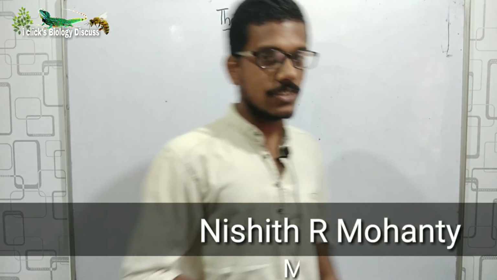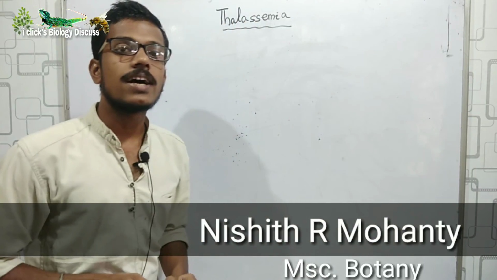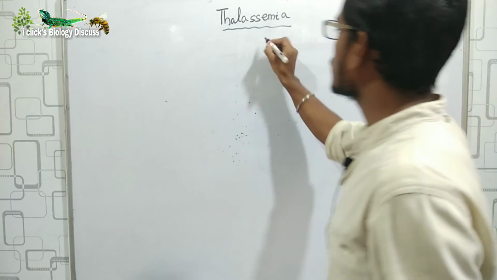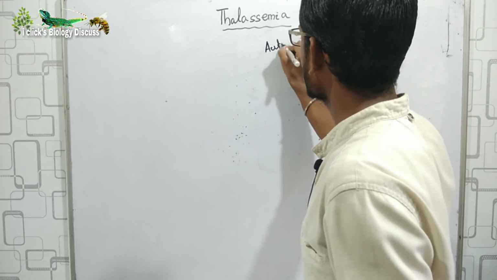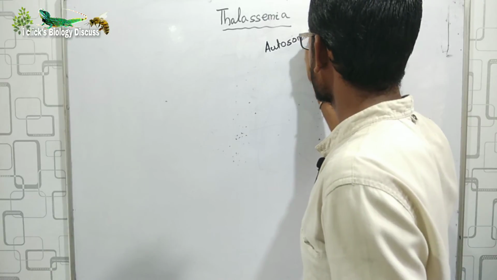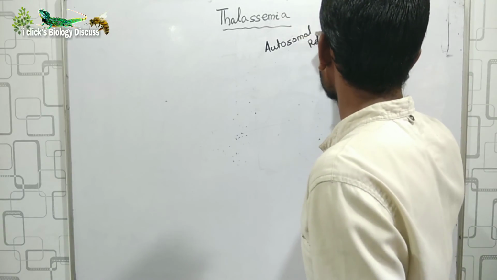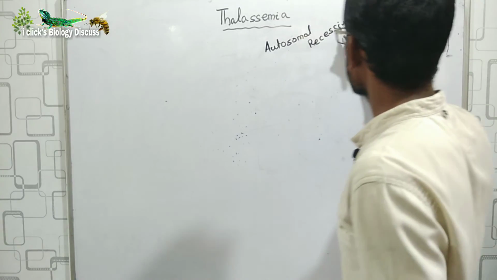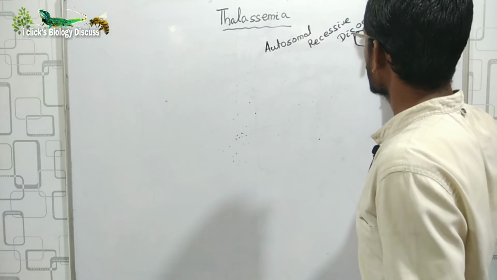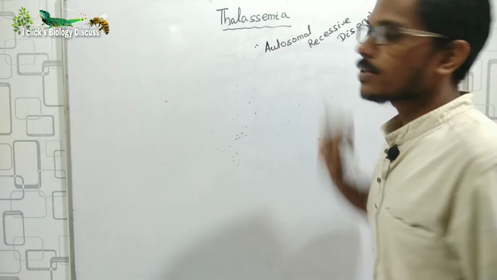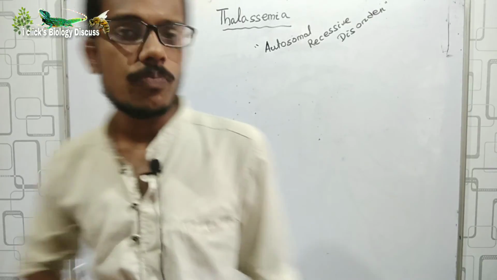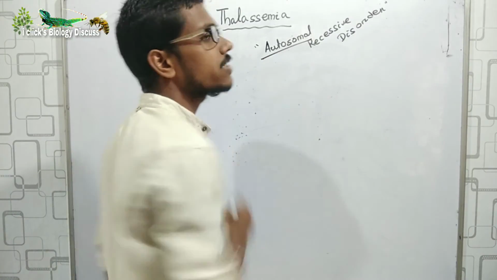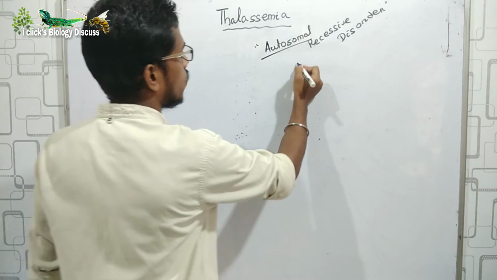Today, in this lecture, we will discuss thalassemia. Thalassemia is an autosomal recessive disorder. The meaning of autosome, as you know, in case of human beings, there is presence of